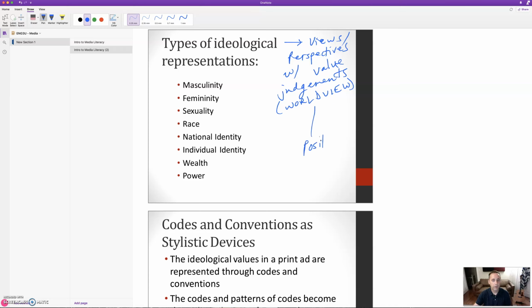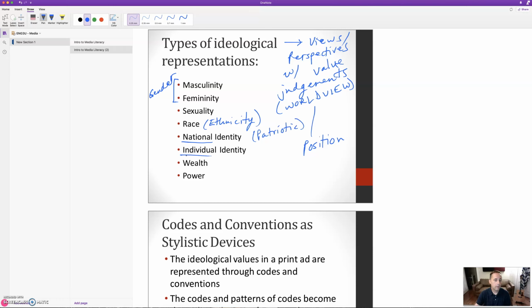It has a position automatically. So these are common topics, okay? So it could be masculinity, femininity, maybe it's gender, maybe it's sexuality, sexual orientation, race, could be national identity. This would be ethnicity versus national identity. Maybe it's more patriotic.